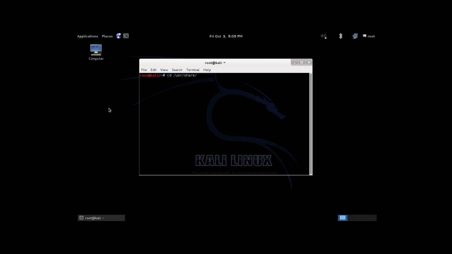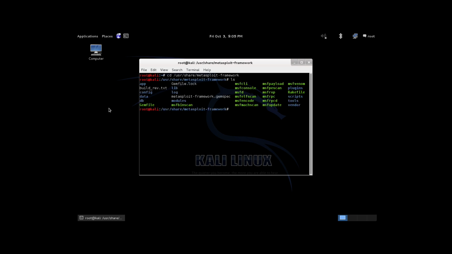So let's go to /usr/share/metasploit-framework in Kali. If we do an ls on this directory, we can see some of our Metasploit programs as well as our Metasploit modules. All of Metasploit is going to be in our modules. If we go into the modules directory, we can see different parts of Metasploit: the auxiliary modules, encoders, exploits, NOPs, payload, and post modules. We will see all of these, except we're actually not going to work with the NOPs particularly in this class,